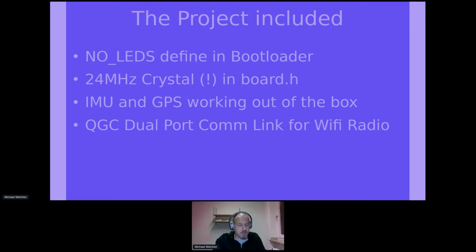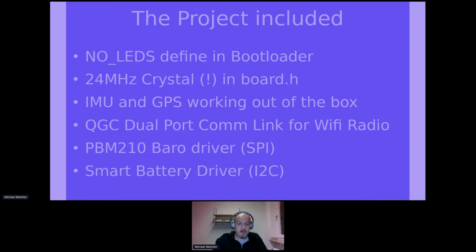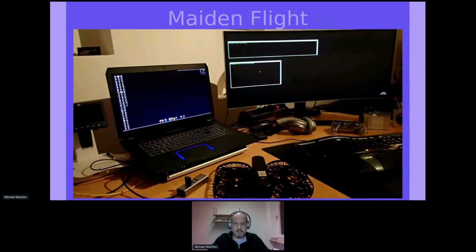I did have to alter something about the communication link, because it uses 2 ports to communicate to and from the Autopilot via the Wi-Fi module. The baro sensor was a bit special, but I found some firmware for it and just added some SPI drivers to it. The smart battery does provide a lot of information, like the voltage, capacity, remaining capacity, temperature, and things like that. And then I put everything together,